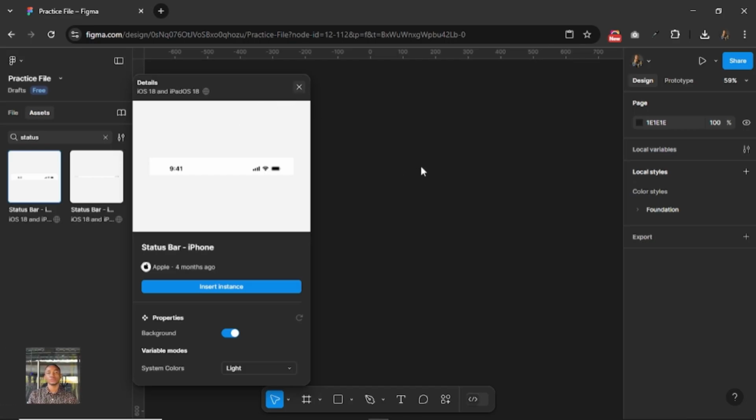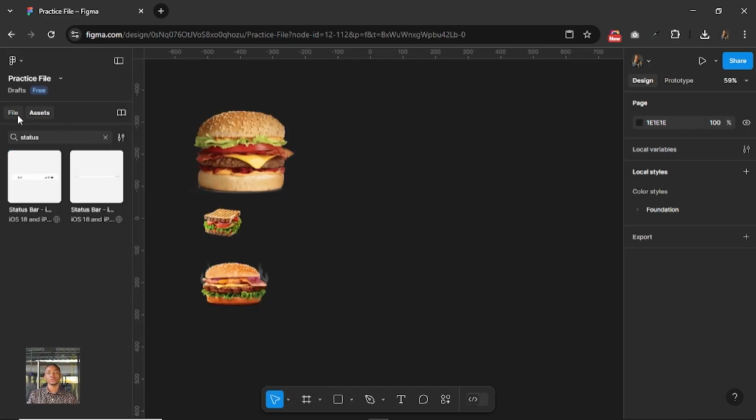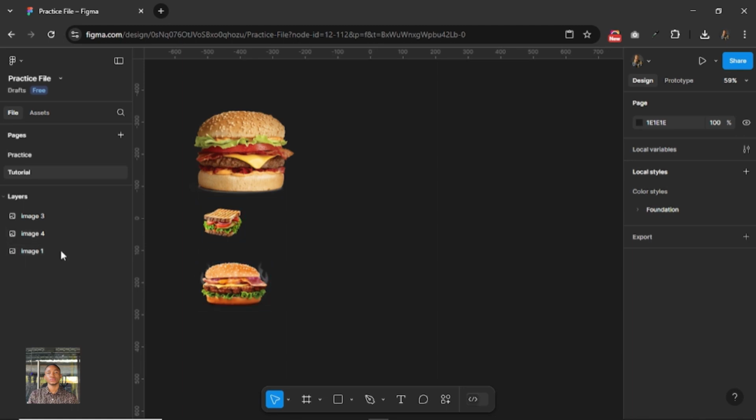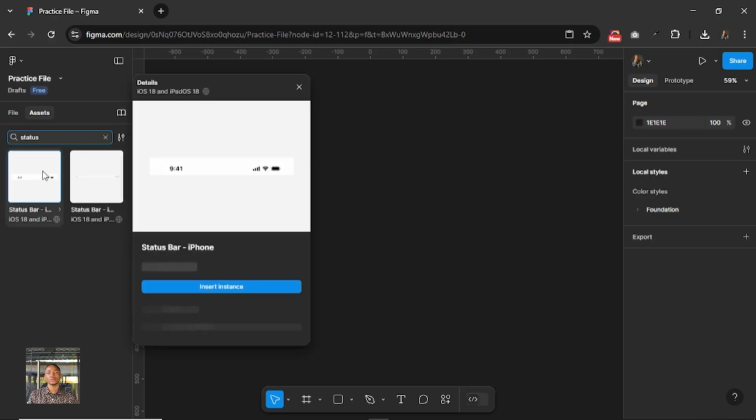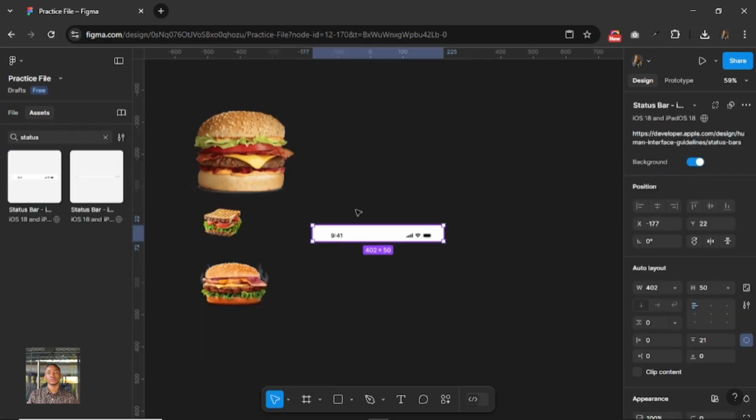So just go to your assets panel. Let me show you how I got here. Normally when you get to this page, you first of all see your files, the pages and the layouts, but you go over to your assets panel. Once you click on the asset, then you search for status bar. So we'll insert the status bar. So once we've done that,